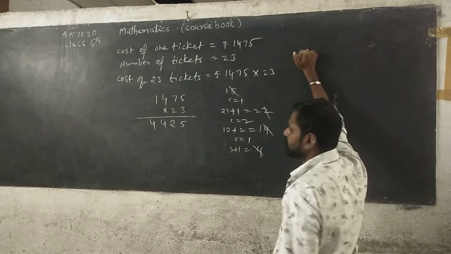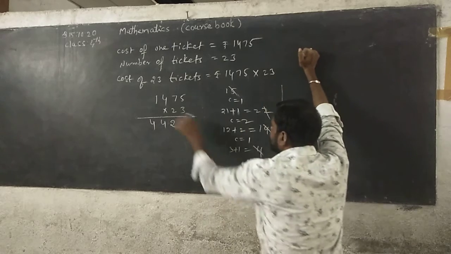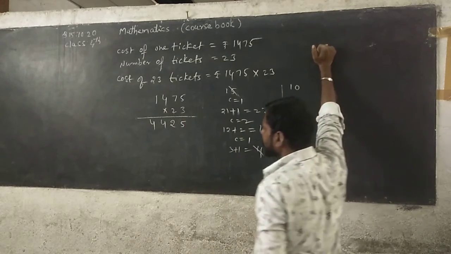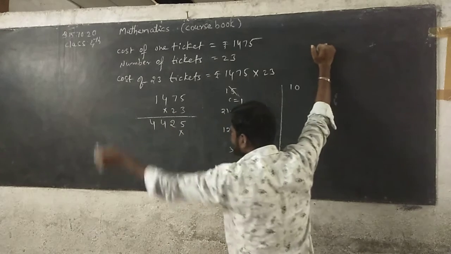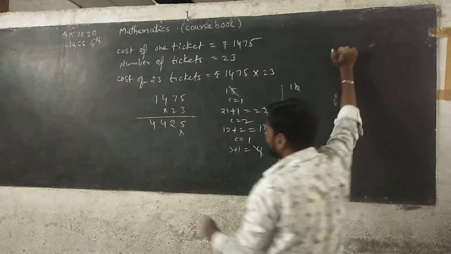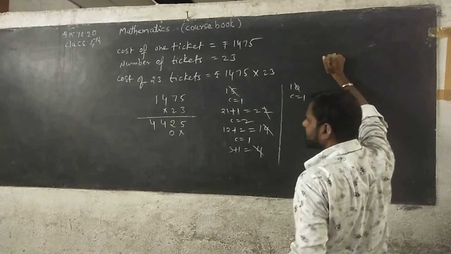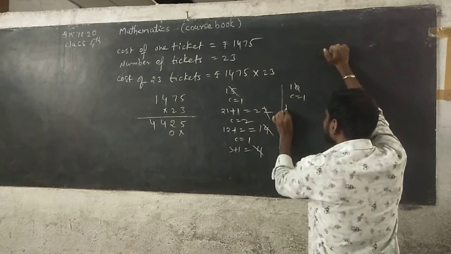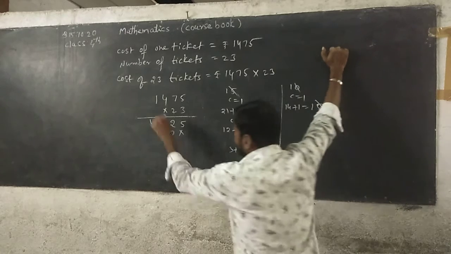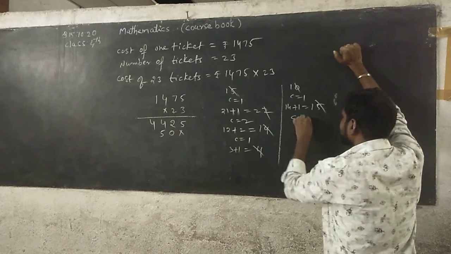1,475 with 2 means first multiply the ones place digit 5 with 2. See here, 2 5s are 10. Now here you can cut the ones place because 2 is in the tens place. You can start from the tens place. 2 5s are 10, in it 0 is taken and written under 2, and carrying 1. Now next, 2 7s are 14, so 1 is added to 14, you get 15. Taking 5, write it down here under 4. Now carrying 1.